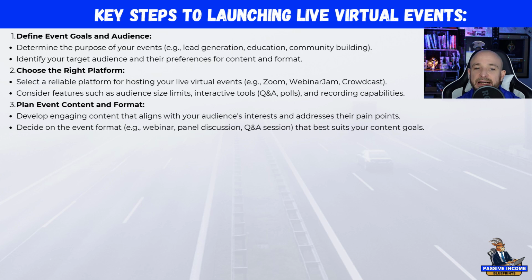So develop engaging content that aligns with your audience and interest and addresses their pain points. We talked about that in the short form content. We talked about the short form platforms out there that we use to build our audiences and build our communities and put our content out there so we can build that authority and that relatability. So you can do anything from a webinar, panel discussions, Q&A sessions, literally on these platforms. It doesn't have to be a big, huge gathering where you do a huge launch campaign, which is good. We're talking about launch campaigns and all those different things. But again, this is just an overview on what I did to get to XYZ.